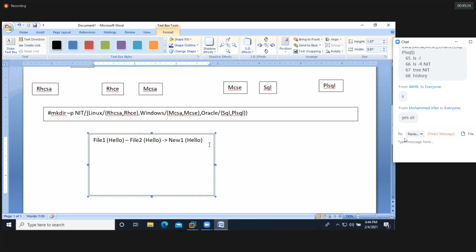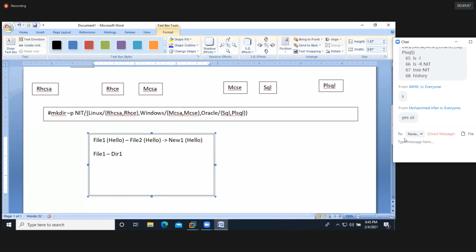Can we copy file to directory? Yes. Can we copy files into directories? Always we can copy files into directories. So file1, I'm trying to copy this file1 into dir1. Can you keep files in folders, guys? It is possible, no?